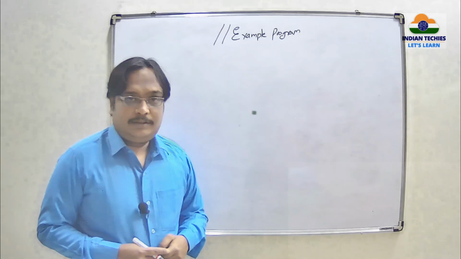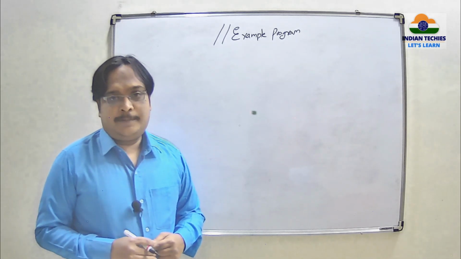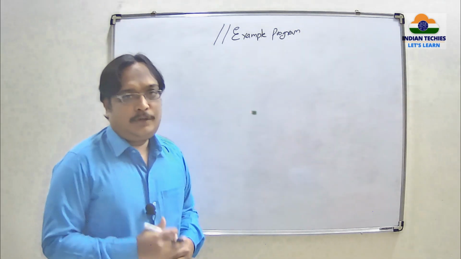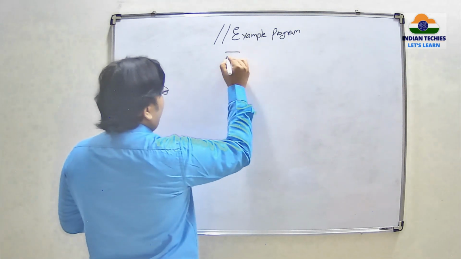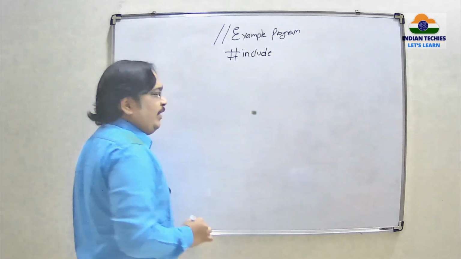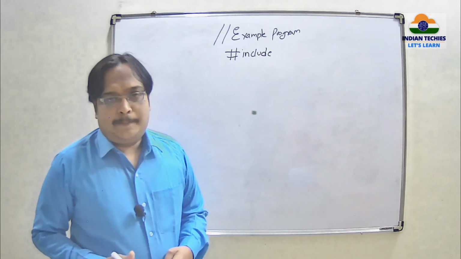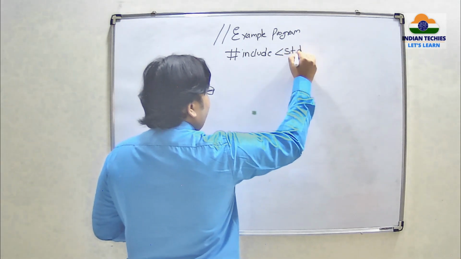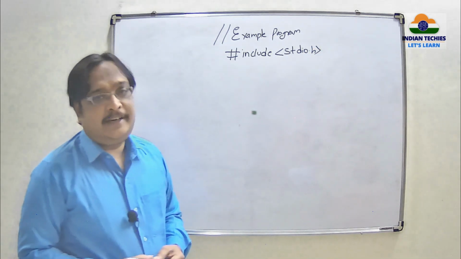Next, what is the second section as per the structure of a C program? The second part is the link section. That is, you have to link your program to the compiler. For that purpose, we are having #include. For any of the header files that you want to link with your compiler, the major and important one is stdio.h. That is the standard input output dot header file.